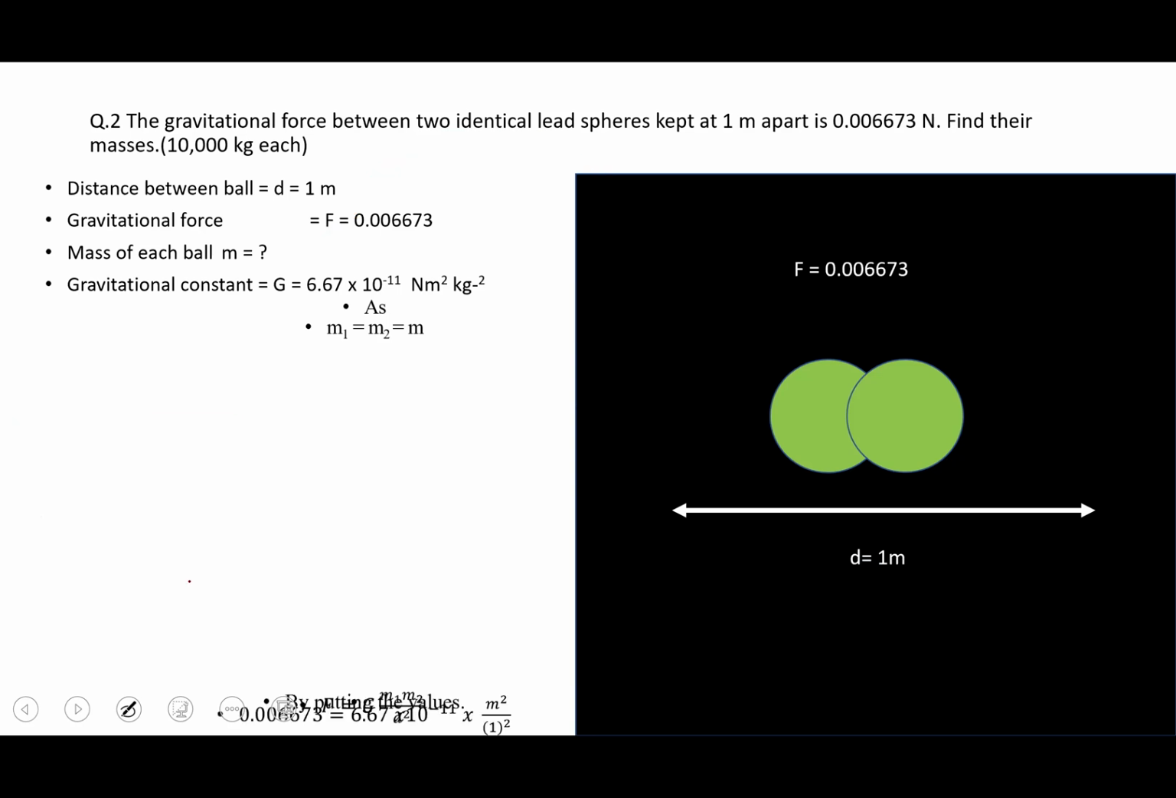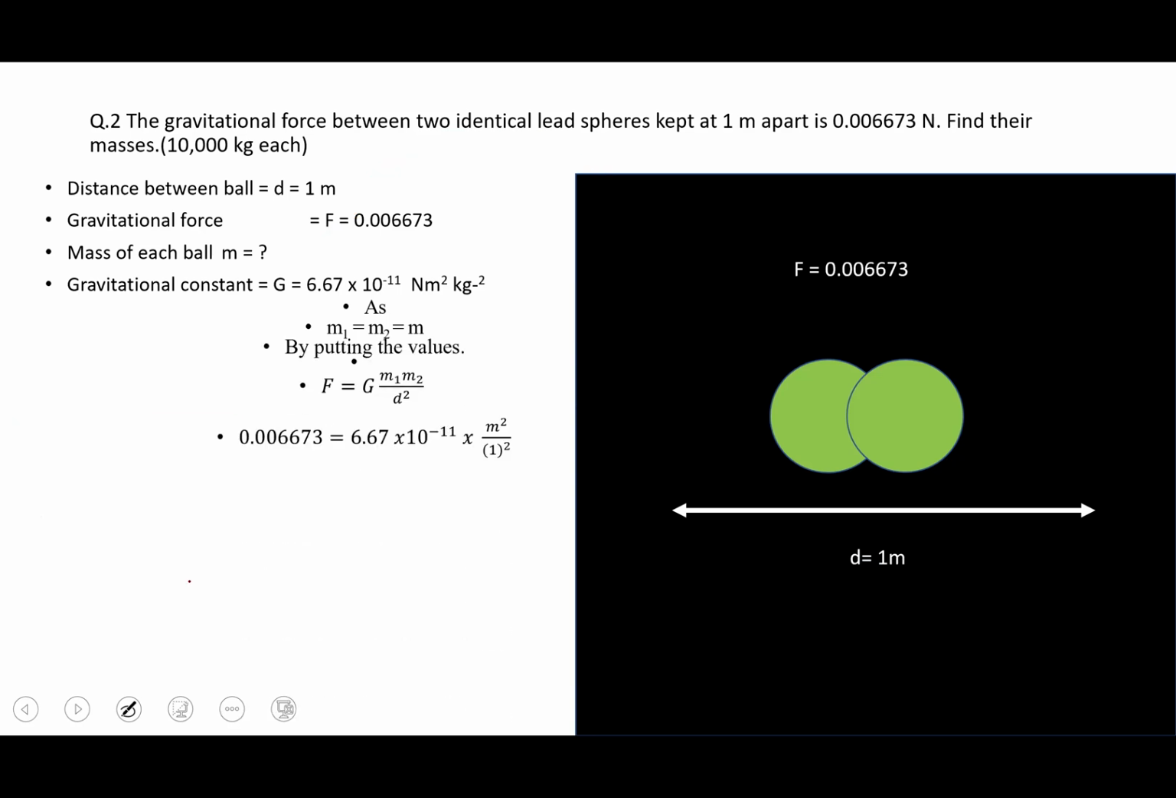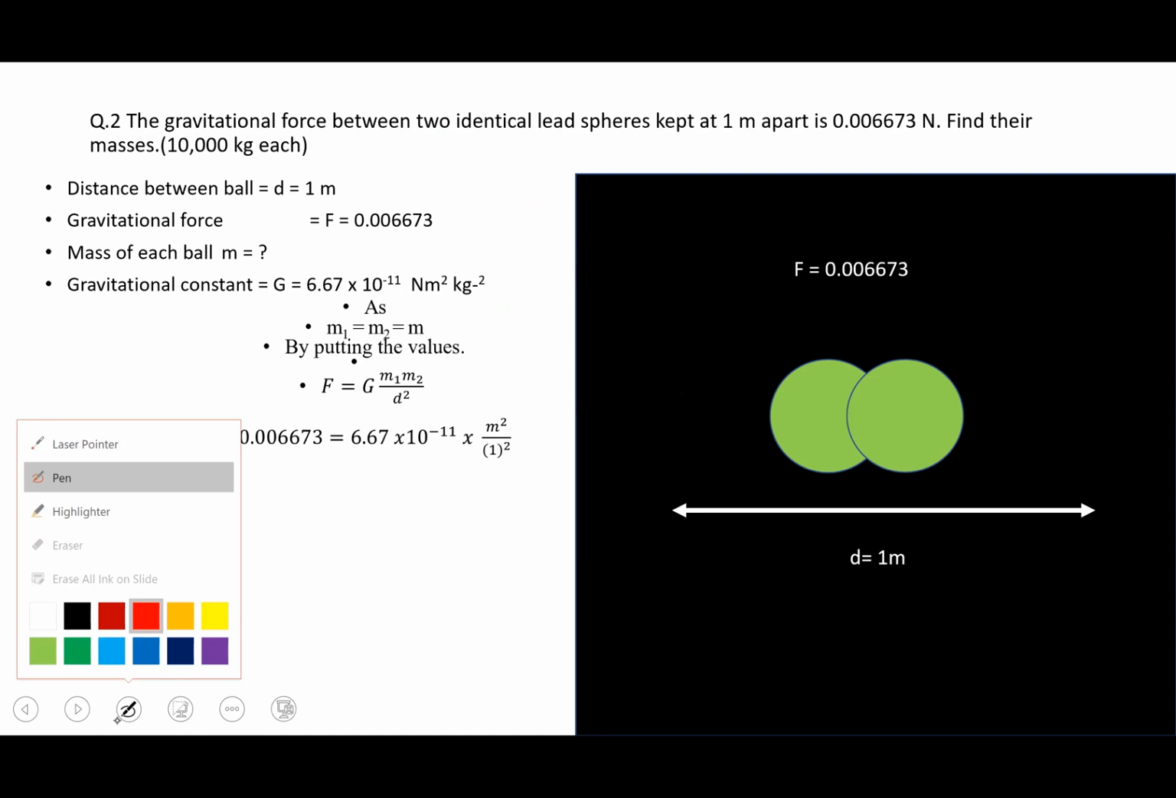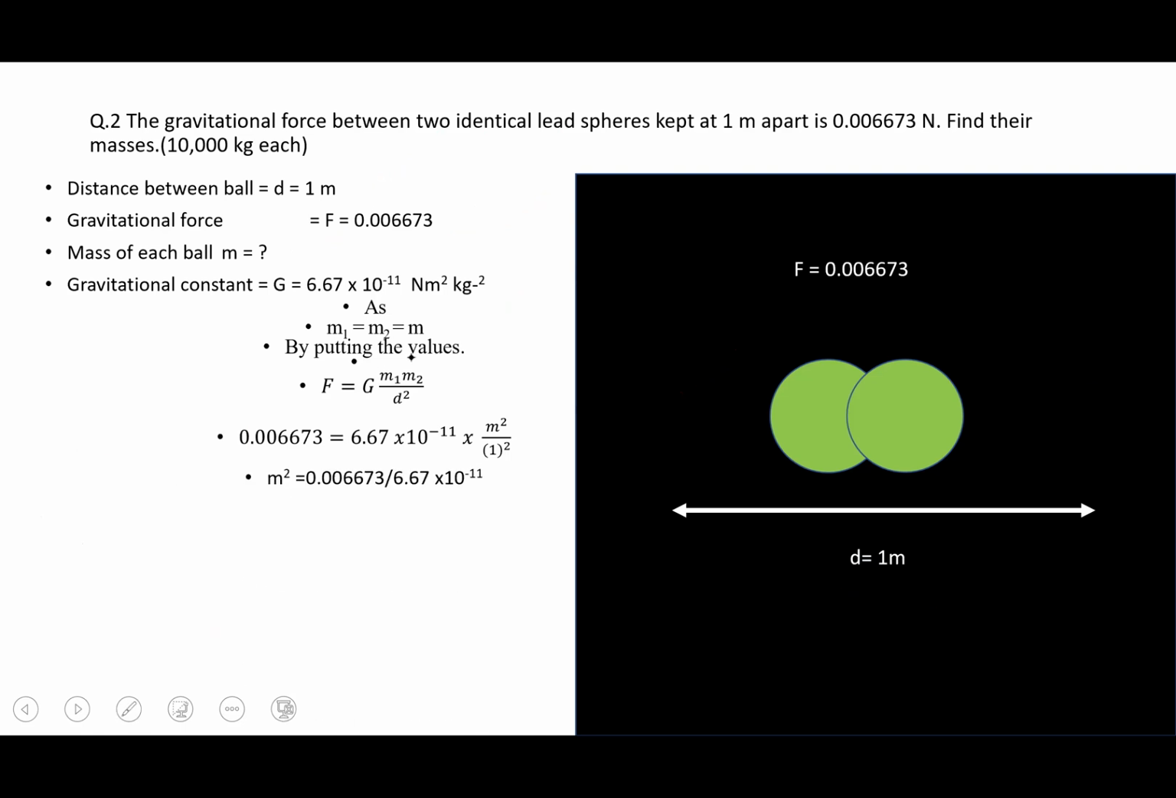Now in this case, when we put this value in the formula, it will be F = G m1 m2 / d². Or instead of putting m1 m2 again and again, we can simply put m². So m1 m2 will become m multiplied by m, it will become m², and that's why I have put m² over here. F is equal to